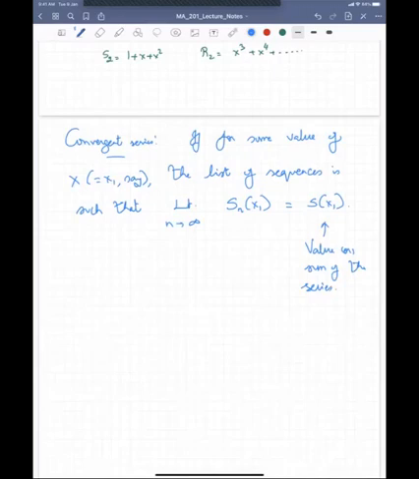Of course, if such a thing cannot be found, and if you keep adding more and more terms, the higher and higher order terms start contributing more and more, then you have what is called a divergent series. But we will stick to the converging series for now, and we will understand a little bit more about converging series tomorrow before moving on to